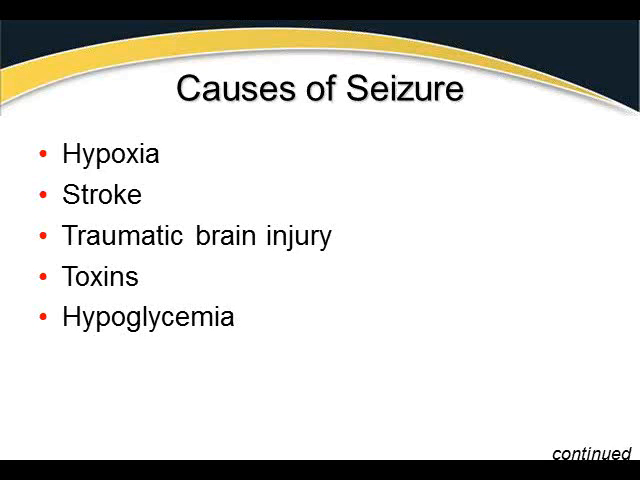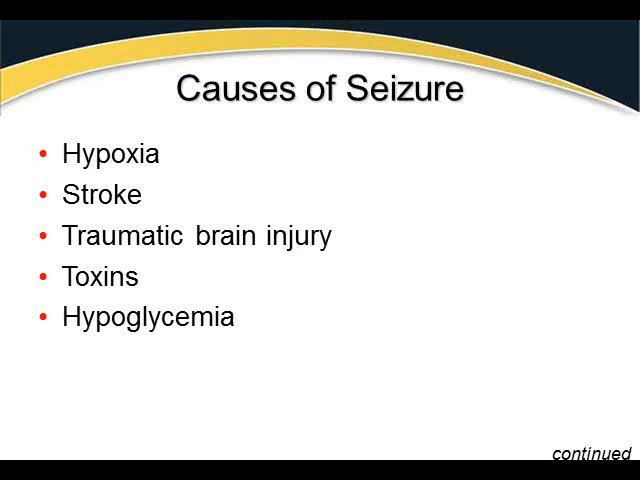So causes of seizures: hypoxia, stroke, traumatic brain injury, toxins, and hypoglycemia. We talked about hypoxia before, and we've talked a little bit about hypoglycemia. So with hypoxia, they don't have enough oxygen, or with hypoglycemia, they don't have enough sugar to the brain. The brain can't handle that, and it has a bit of an issue. A stroke,